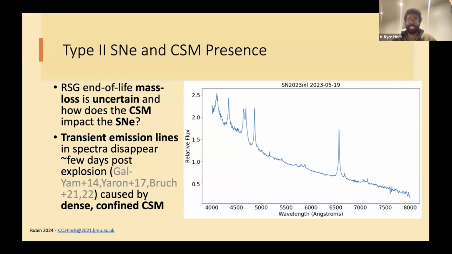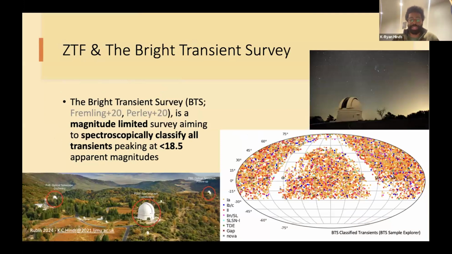And so what we're interested in is using photometry with the upcoming surveys like ZTF and Rubin now. Photometry is going to be the main resource we have, and so we're interested in gleaning as much information as we can from the photometry. So I'm working with ZTF at the moment, particularly the Bright Transient Survey. I won't introduce ZTF, but for those of you not familiar with the Bright Transient Survey, it's a public survey using the public ZTF survey.